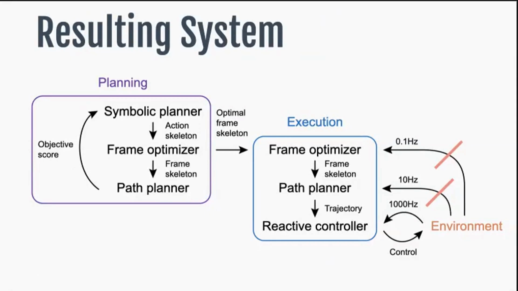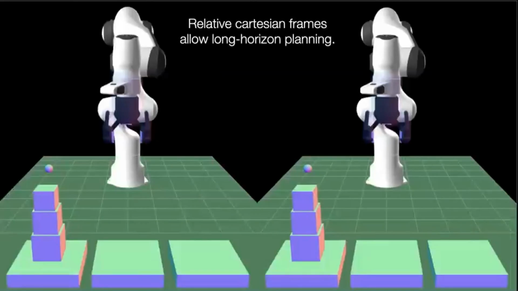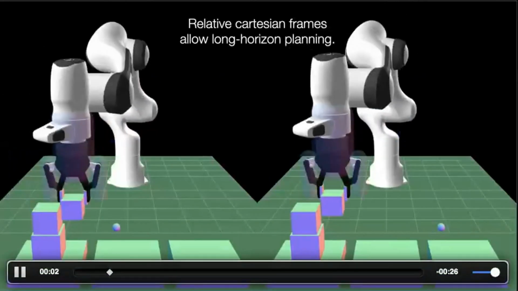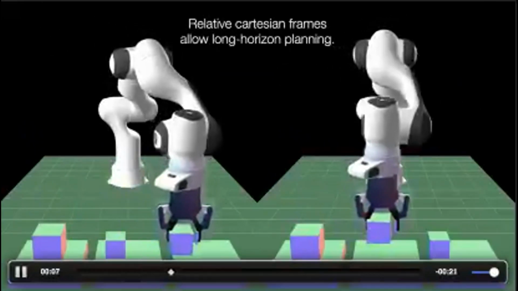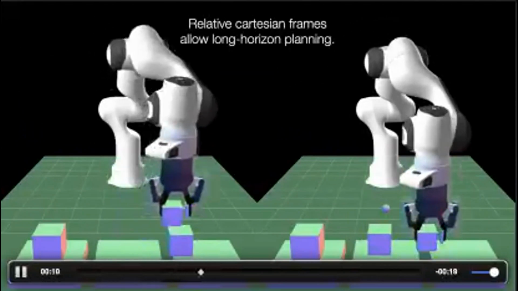One interesting thing that needs to be added is that we have not yet added a way to actually trigger replanning on the level of the frames or on the level of the symbolic plan while the environment changes. So that's something very interesting to look at in the future. But now let's look at what the system can do. You have already seen this video where we found two valid symbolic plans, and these are the continuous motions using this object-centric